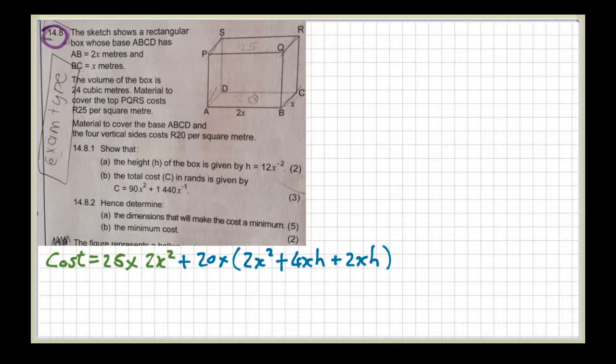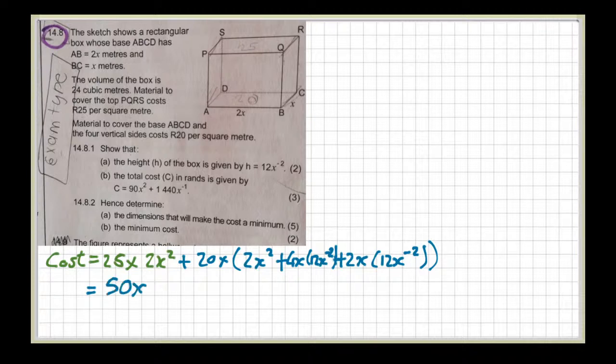So I'm going to substitute h with what we got in the previous sum. So 4x times 12x to the negative 2, plus 2x times 12x to the negative 2. Remember that we got that from a. So this leaves me with